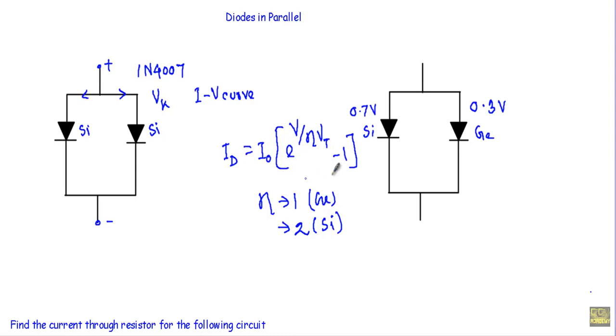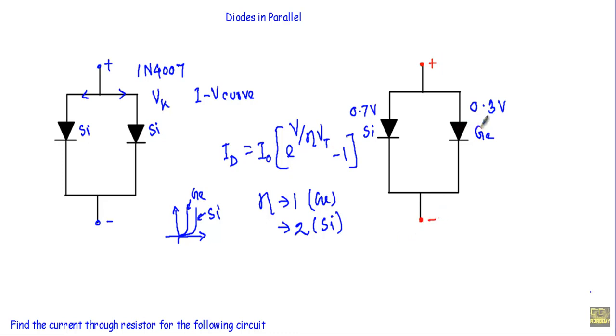This implies that the IV curve of the silicon diode will be less steep than the germanium. That means the germanium IV curve will be steeper than the silicon. Let's say this will be silicon. Let's say this will be the IV curve of germanium. This germanium diode will draw more current than the silicon diode due to the difference in device parameters and environmental conditions. Let's say I apply a positive bias voltage here so that this terminal is positive and this terminal is